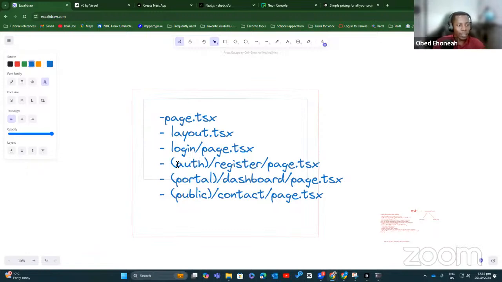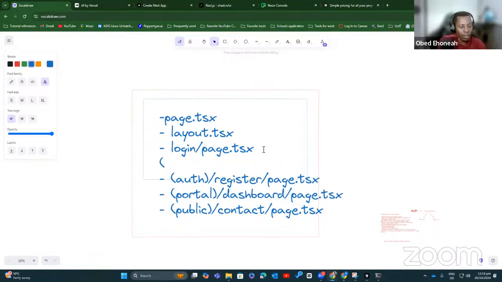So for alt/register, I create the directory called alt with parentheses around it. Then in that directory, I'll create layout.tsx. Whatever styling I do in this layout file is limited to all the files created in alt.